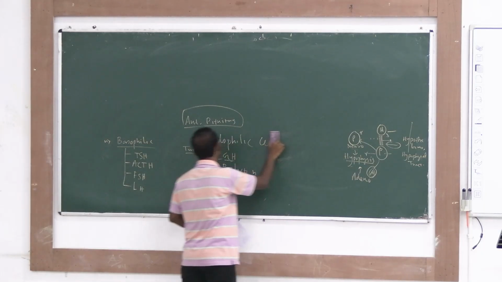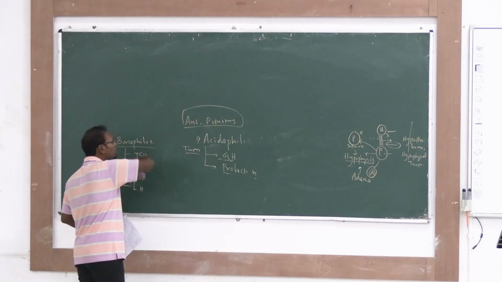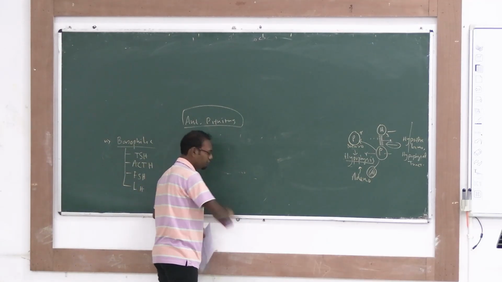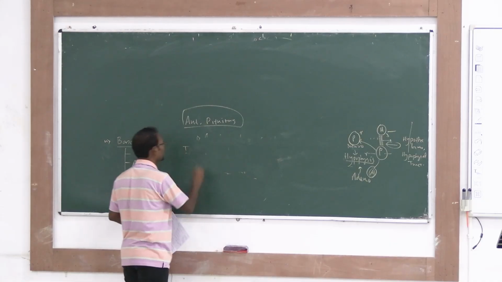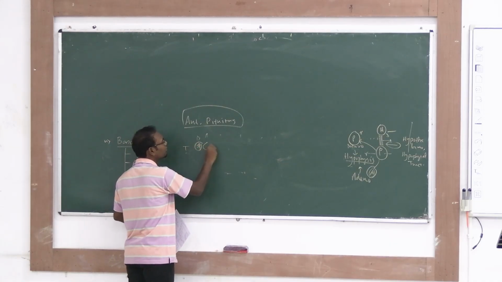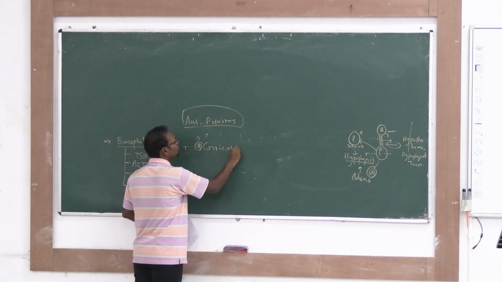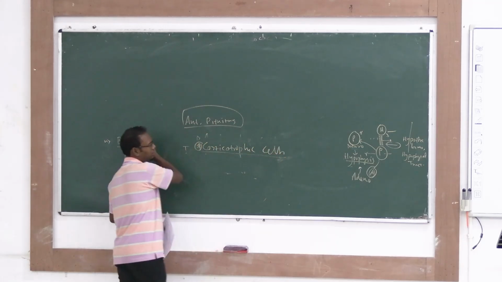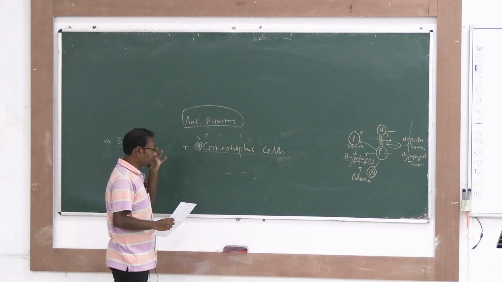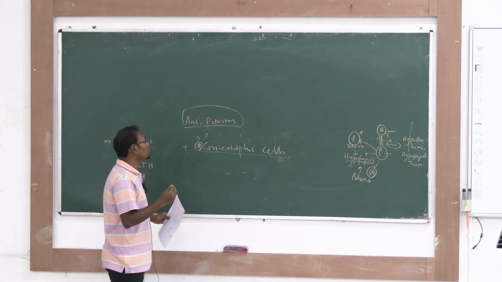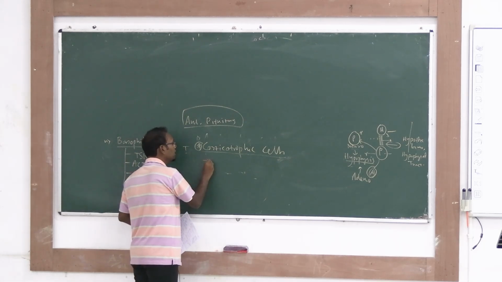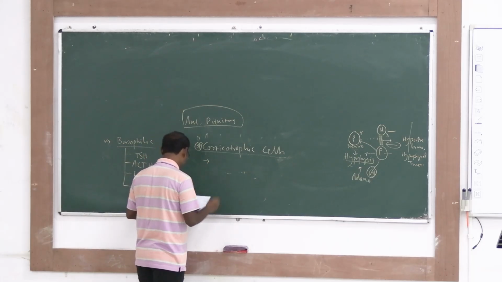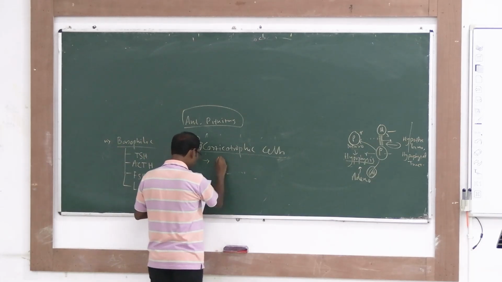These two cells are mainly responsible for the release of these hormones, but there are also other kinds of cells, that is your corticotrophic cells. Corticotrophic cells are also there, another kind of cells you can find in your anterior pituitary. These corticotrophic cells have a precursor that is named POMC. Write this down properly.